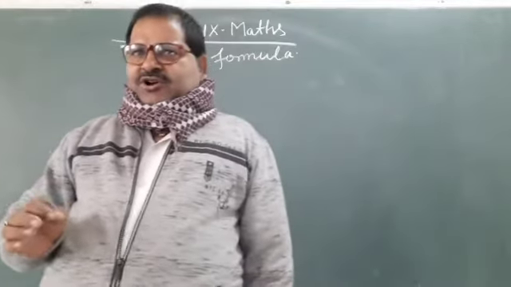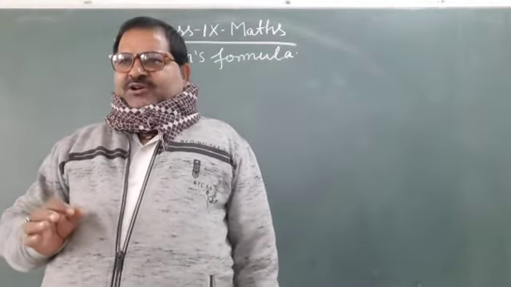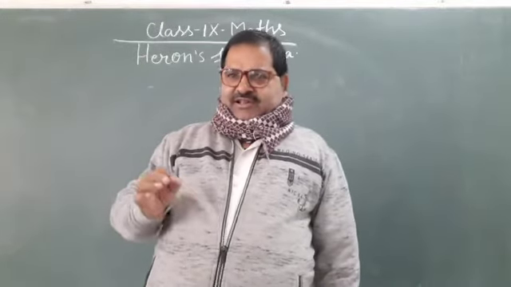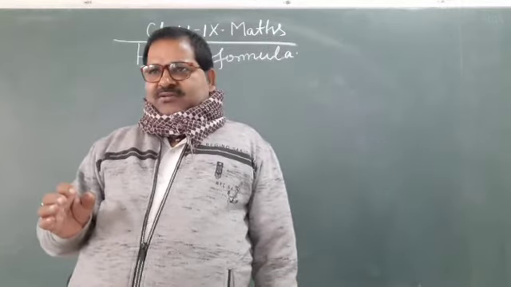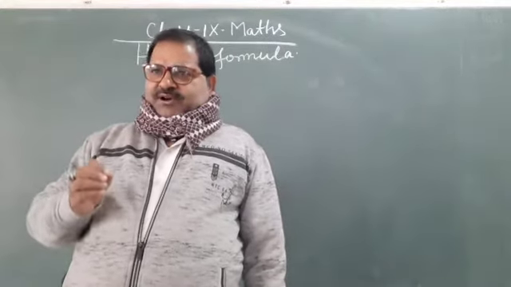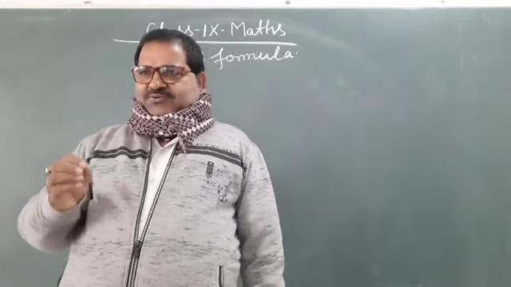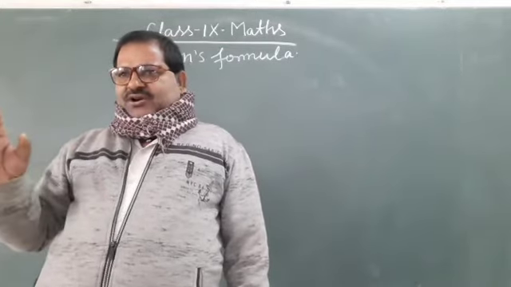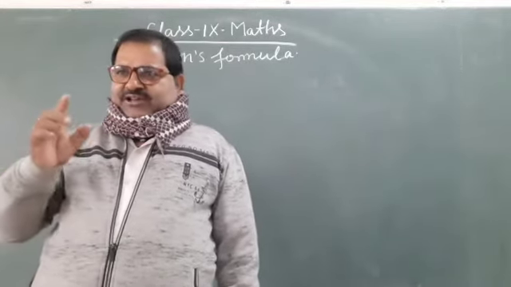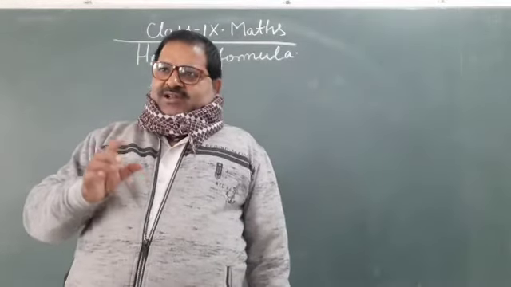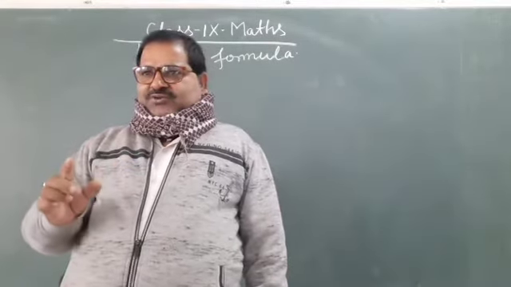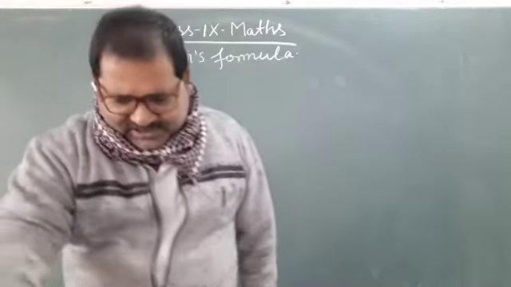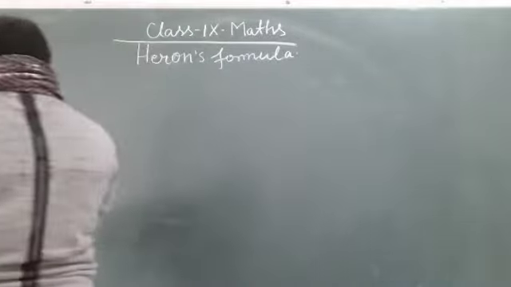देखो, now we discuss the Heron formula. Heron formula is to find the area of a triangle. We also know that to find the area of a triangle, it is 1 upon 2 base into height, and we also know the area of an equilateral triangle is under root 3 by 4 into side square. But in Heron formula, we discuss the